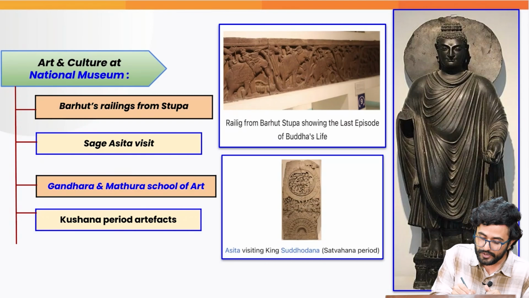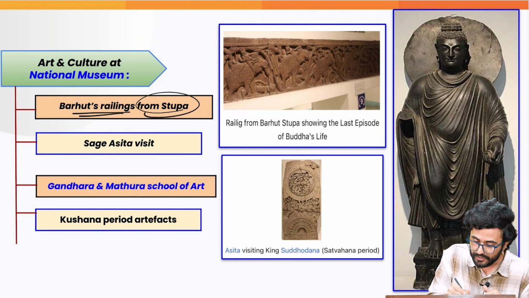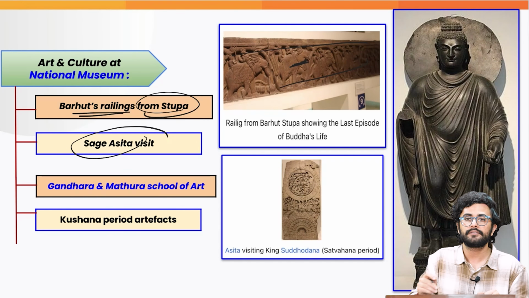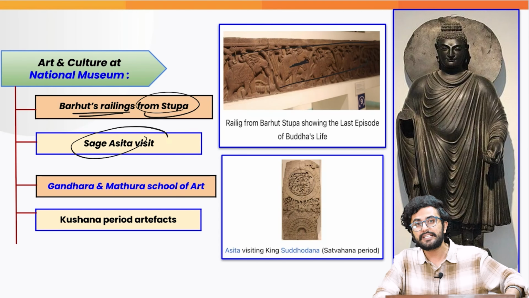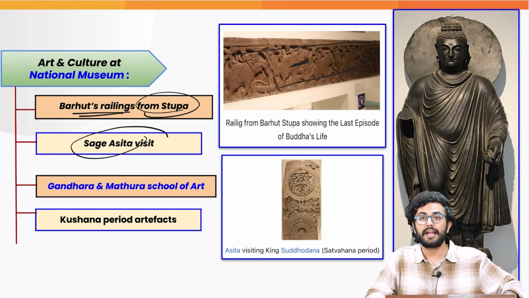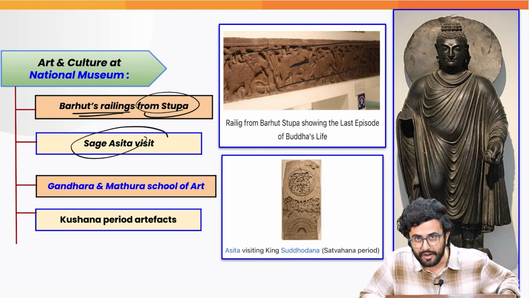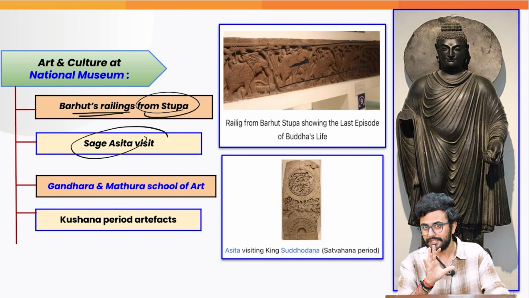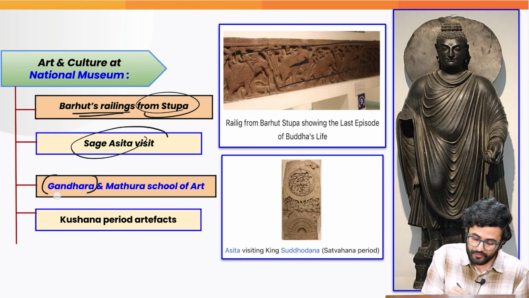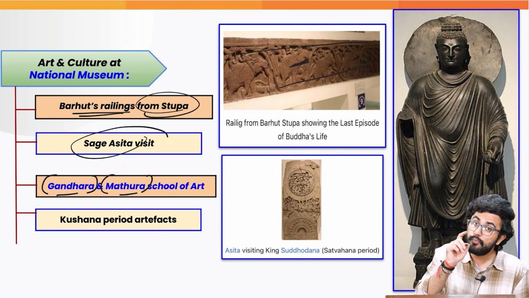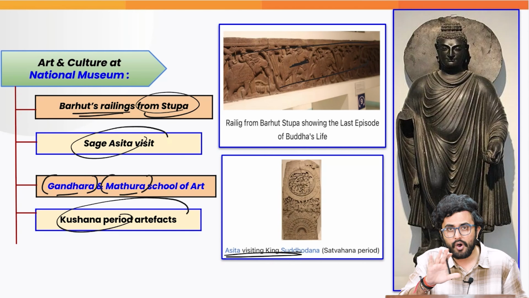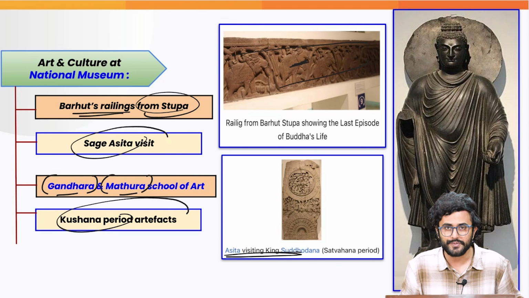Then we find very important Buddhist artifacts as well, like the Bharhut railing from the stupa. The sage Asita's visit has been represented here. Asita was basically the monk who visited Suddhodana, the father of Gautama Buddha, and made the prophecy that either your son is going to become the biggest king in the world or the best monk in the world. That's why Buddha was sheltered in the palaces. Also, it contains artifacts from both the schools, Gandhara and Mathura, both of which were patronized by the Kushans. So keep all of these things in your mind and we move forward to the last news,